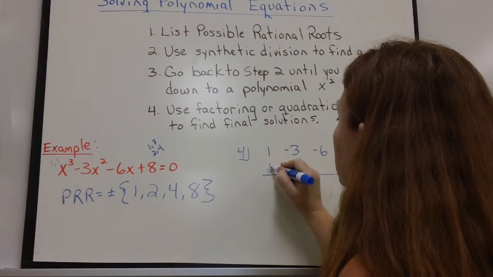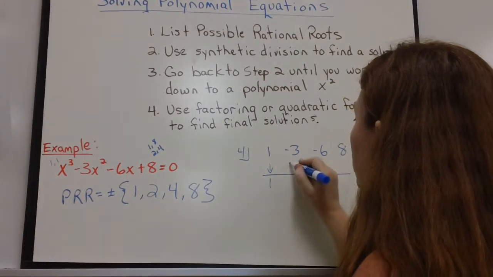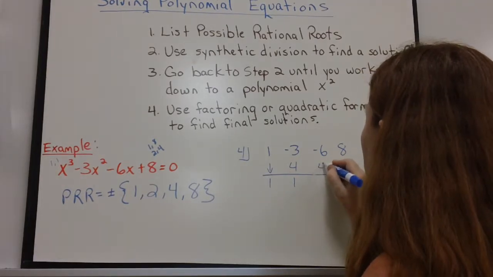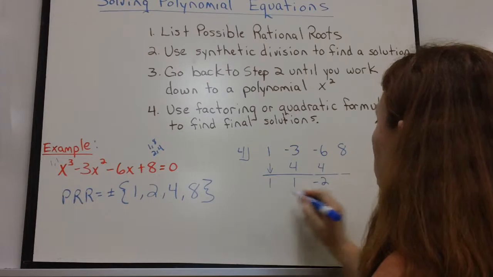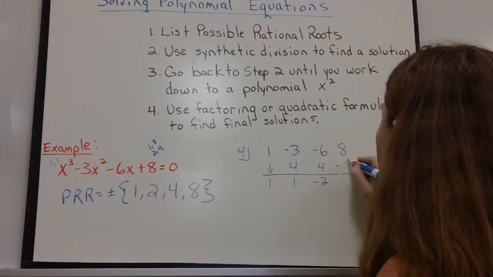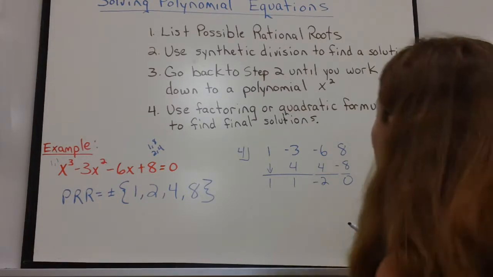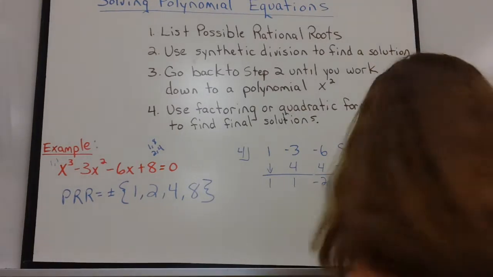Synthetic division says bring the first number straight down. 4 times 1 is 4. Add them and get 1. 4 times 1 is 4. Add them and get negative 2. 4 times negative 2 is negative 8. Uh-oh. Add them and get 0. Yay! So I found a solution. Remember, your goal is to